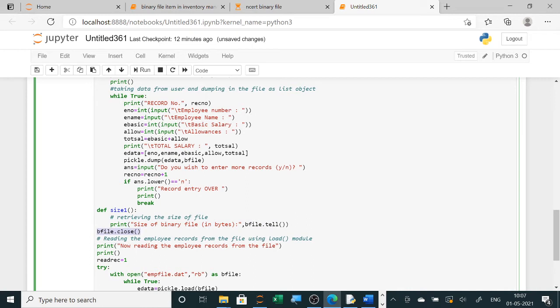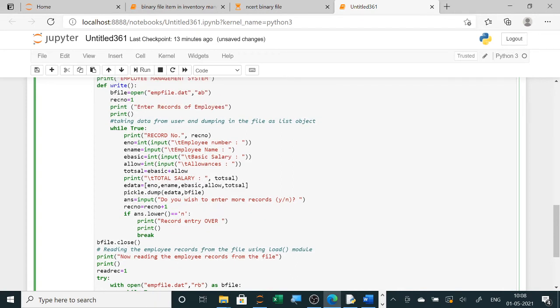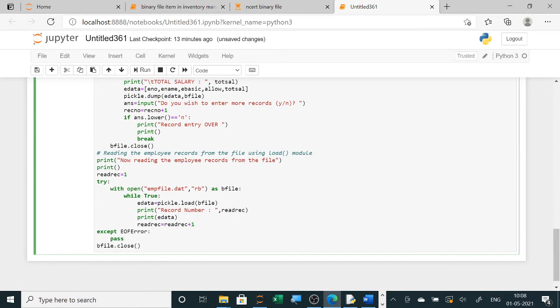This bfile.close was used only inside this. It was not used inside the above one. If you have to use inside the above one, then what you have to do is close here and then again open the file and then tell. So I am doing one more thing. I am simply removing this for my project, and if I require I will use afterwards. So I am opening the file bfile here, and I am closing the file in this one. What I have removed to display the size in bytes, I don't require it now.